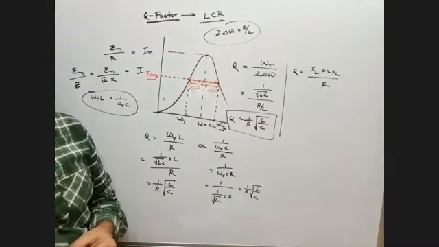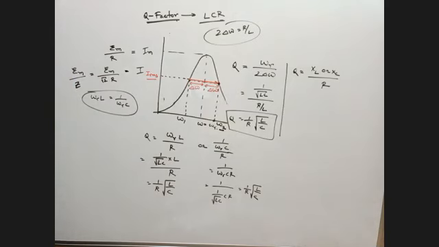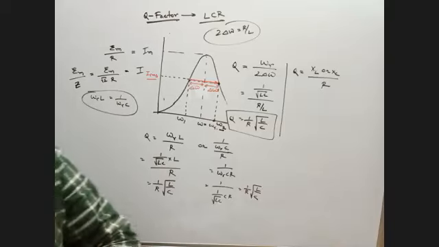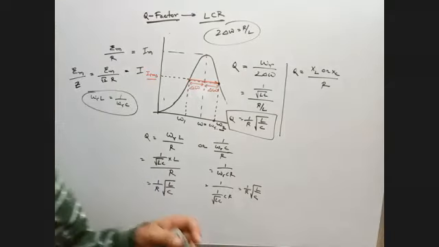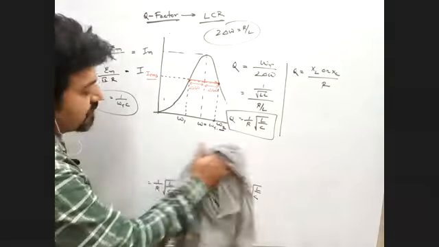So that means Q factor is a factor by using which we can find the sharpness of an LCR circuit or an LCR signal. And how do you define Q factor? Q factor is the ratio of the angular resonating frequency upon bandwidth, or Q factor is the ratio of the reactance due to capacitor or inductor upon pure resistance. Is it okay, everyone? Yes, sir. Okay, if it is okay, then we move on to a numerical related to that topic.